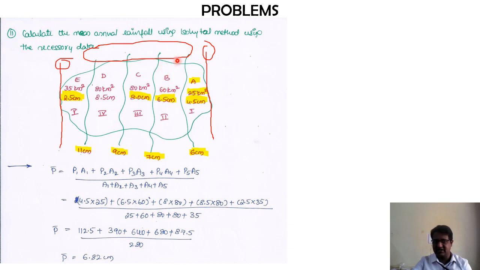So B is checked out. Similarly for C, it is checking out because it is between 7 and 9 centimeter, and the average is how much? 8 centimeter, that is there. But now if you check out the D section, it is not matching up because it is 9 centimeter and 11 centimeter. So the arithmetic average of this should have been what? 10 centimeters, but they have given it as 8.5.